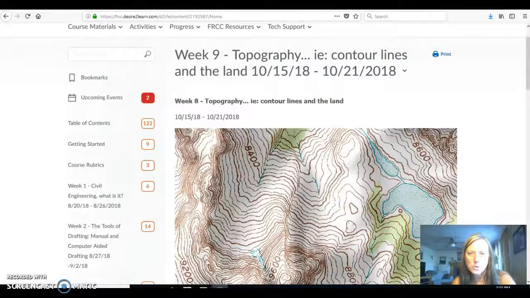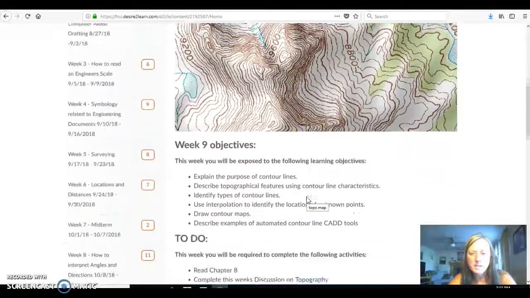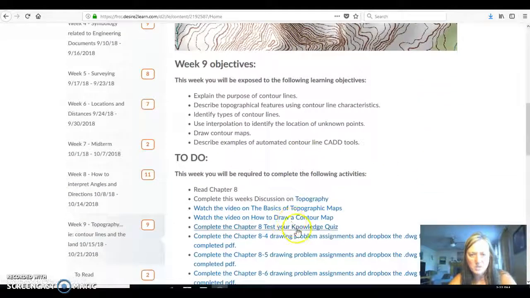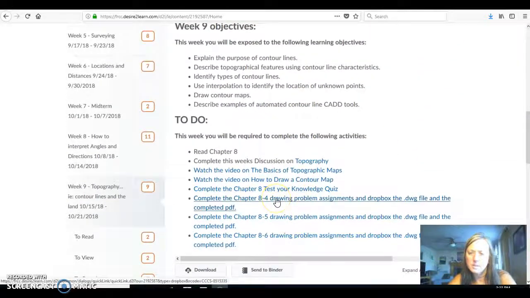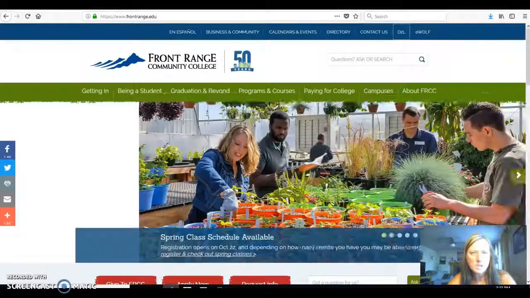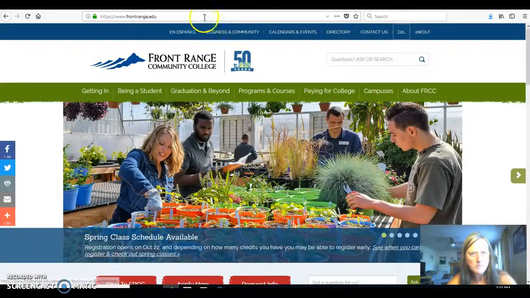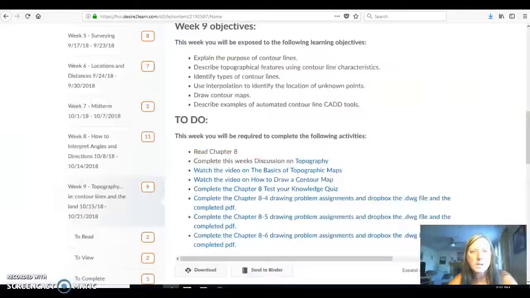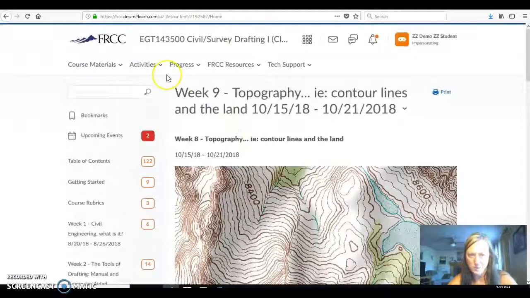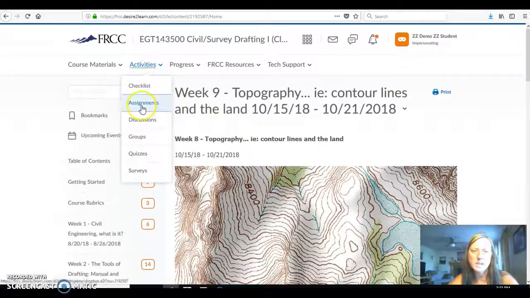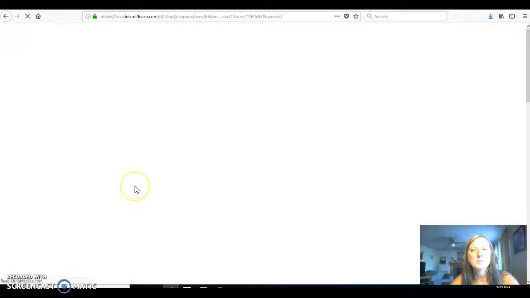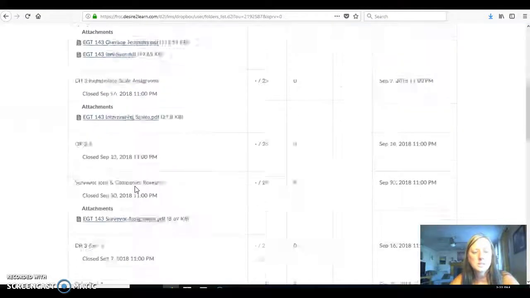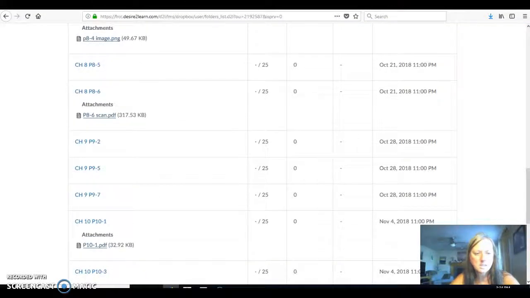We're working with contour lines. I wanted to go ahead and show you how to get started on your chapter 8, problem number 4 drawing problem. Okay, so if you'll go over to your WebCT and get into your activities and your assignments, you'll find,